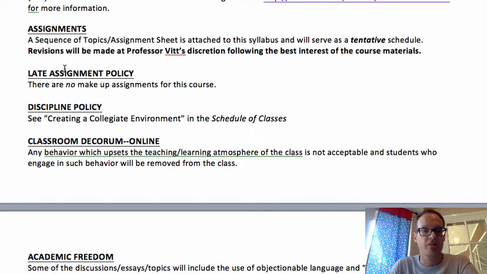Okay, just as we're kind of finishing up here, we have an assignment sheet that I'll go over in just a moment. It's at the end of the syllabus, but it's tentative. So if everybody in the class is struggling, or everybody has breezed through something, or something comes up in our schedule and we're going to move something around, maybe move one chapter before or after another, or condense 2 chapters into one, then we'll do that. We'll do that in the best interest of the class. So I reserve the right to change the schedule, but you would obviously know if we do that.